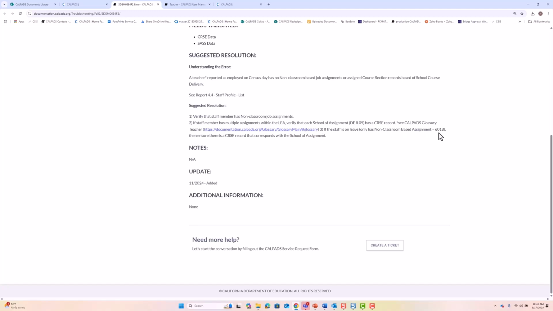The staff on leave assignment indicates the staff is not there, but if the staff is a teacher of record, you'd have to report the course, which is that teaching assignment, or the non-classroom based job assignment for which that staff member is on leave, and you're reporting that staff member with the FTE. So those are things to think about. If you do have a teacher reported on leave and they're not a teacher of record, probably should strongly consider not reporting them in fall 2.